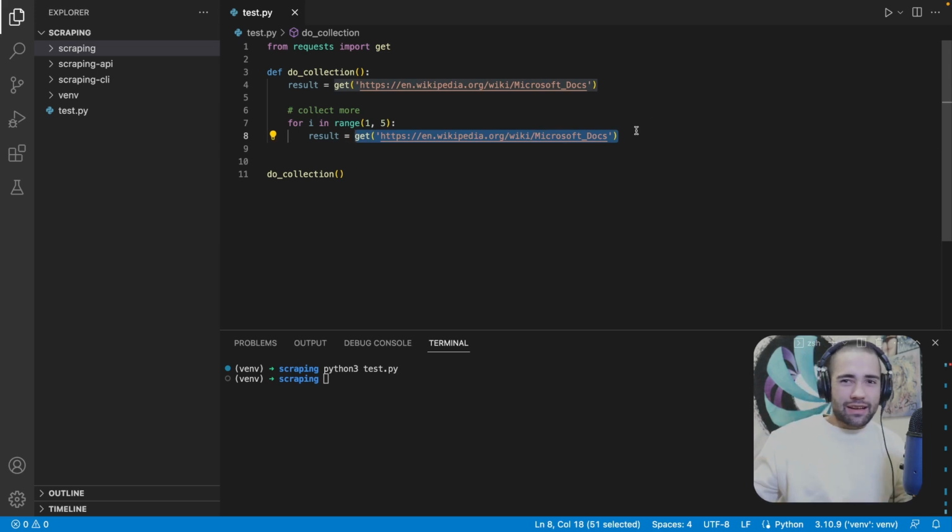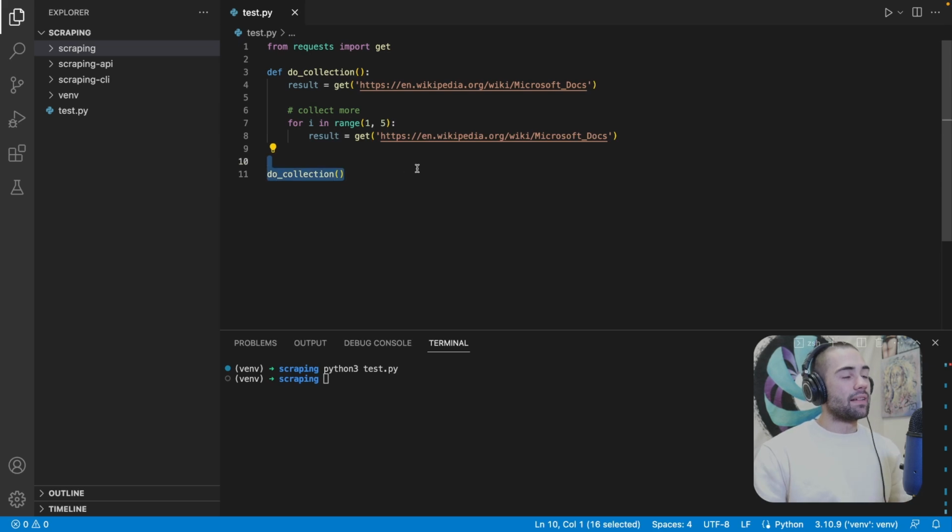You don't know what actually is going to be finished at what time, and this is the hard part about concurrency and parallelism, because things are happening out of turn essentially. So the first thing that we're going to focus on is parallelism. We're going to remove this function and we're going to